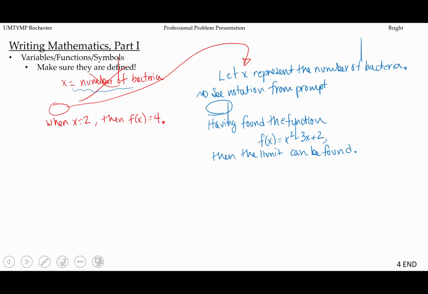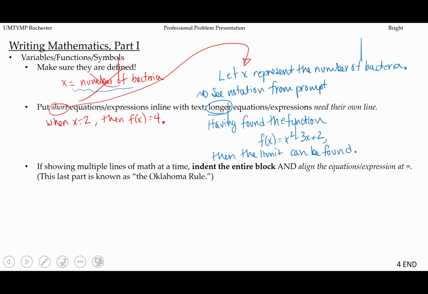Next part that we're going to focus on is to say that if we have multiple lines of math at a time, we want to indent the entire block and align the equations at the equal signs. The aligning at equal signs, that's called the Oklahoma rule. So for example, let's say I have some text, whatever, and then I do the limit as x approaches 2 of f of x, and then I'm going to do